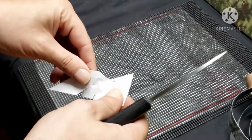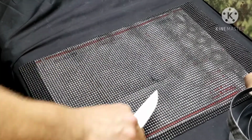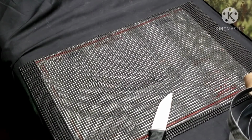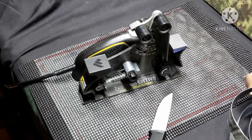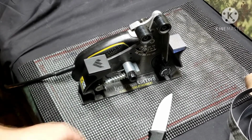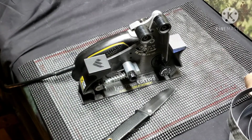So yeah, I can't recommend the Worksharp highly enough. It's a wonderful, wonderful machine. For me to get results like this prior to getting this machine, it would have took some time. I would have been at it for quite a while, so needless to say, thanks to Ken Onion and Worksharp for making it possible. But my favorite sharpening system that I've got right now,